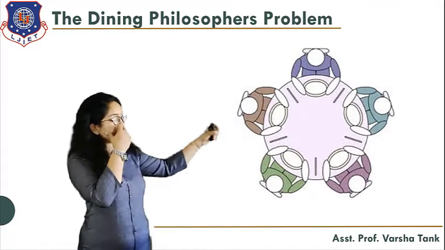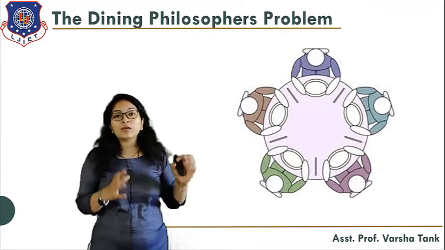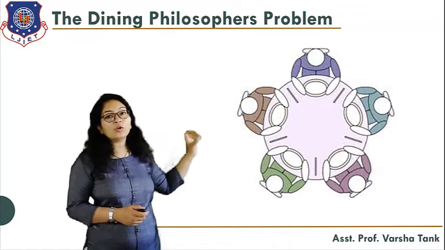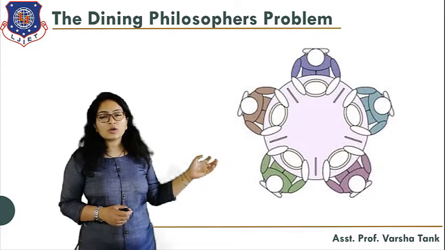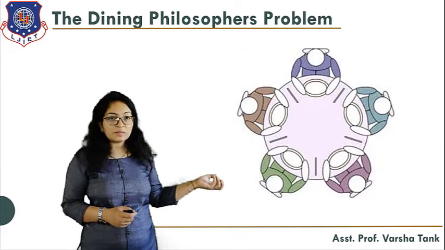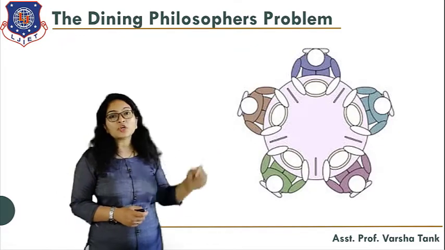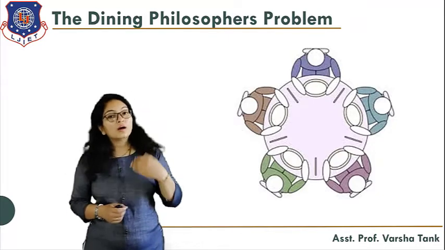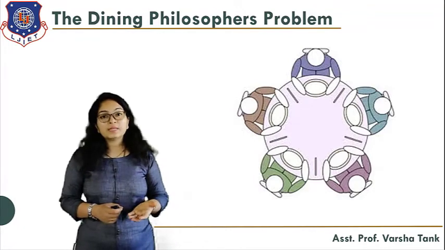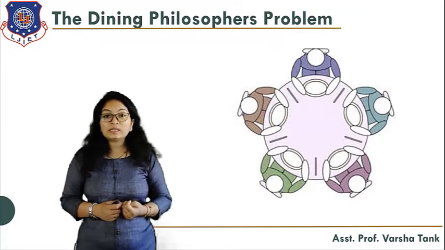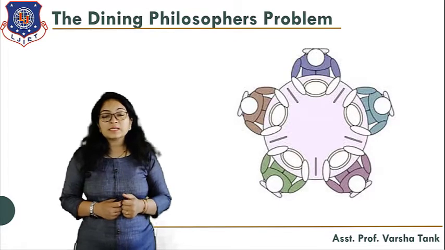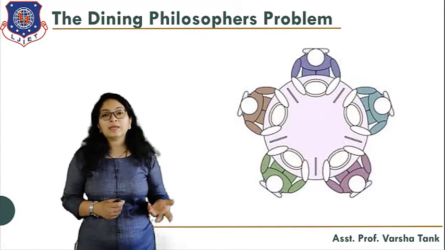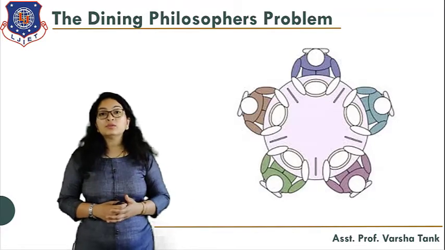Here you can see each and every philosopher has their own meal. Each philosopher has a bowl of meal, whether it is rice or any other meal they are eating. But you can see they have chopsticks in between the 2 philosophers. To eat the meal with chopsticks, you require 2 chopsticks. Without 2 chopsticks, it is not possible to eat the meal, whether rice, Maggi, noodles, etc. So you require 2 chopsticks.